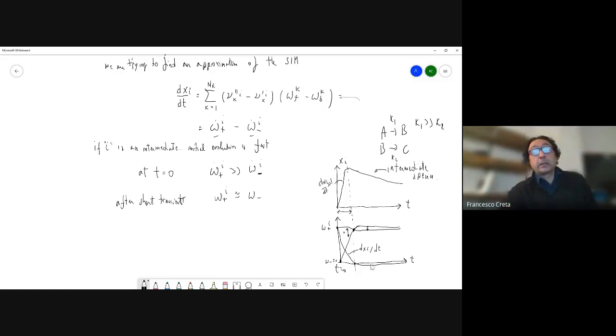So the slope, dx by dt, is actually very small, which corresponds to a very slow decreasing evolution, okay? Until clearly all of these intermediate species will be depleted, and that means that we've arrived at the equilibrium point, okay? So in fact,